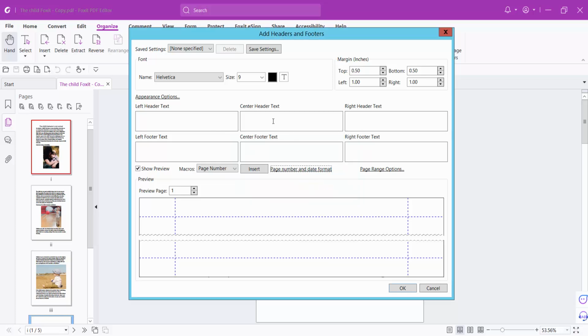and I'll select this center header text and select insert here, and this page number is now inserted. Also link this font size. This is, and this page is